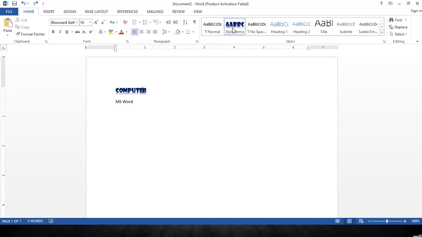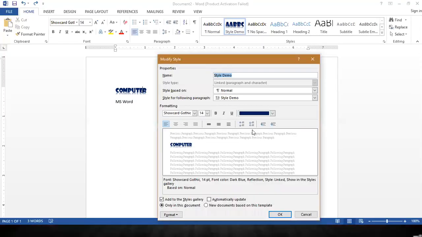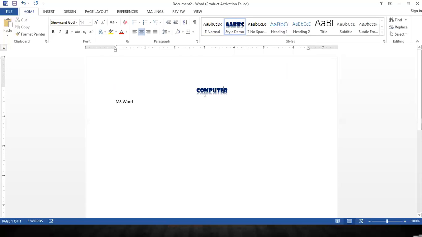So just right click on the style, and then you can click on the modify option here. When you click on the modify option, again that formatting option will appear. In that you can select the center alignment here, and according to that the text will be aligned in the center. Click on OK. Now you can see the text has been aligned in the center.